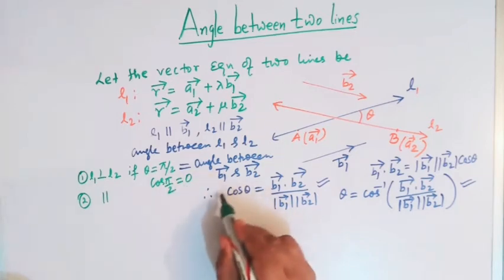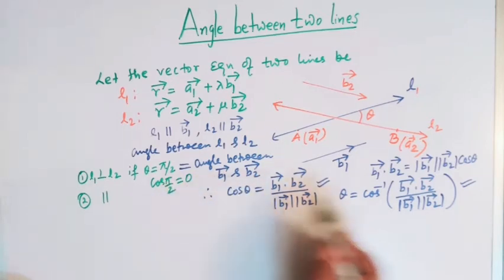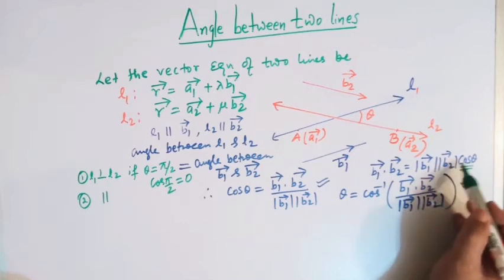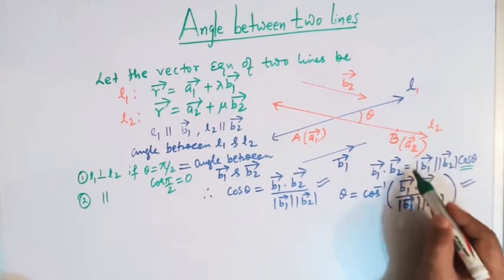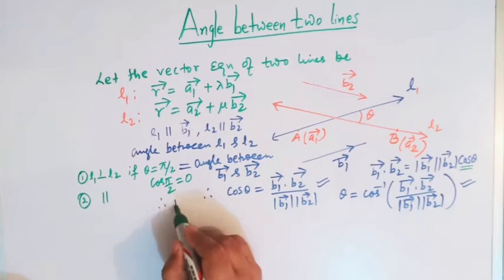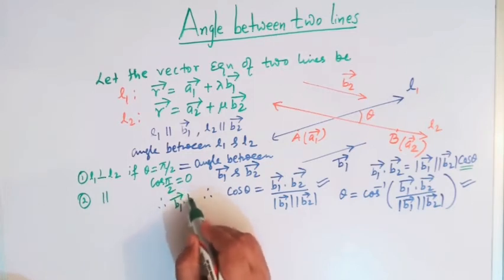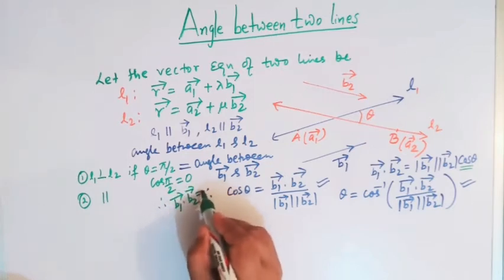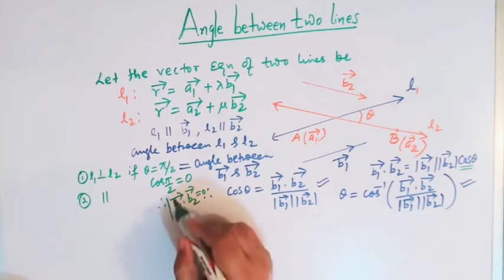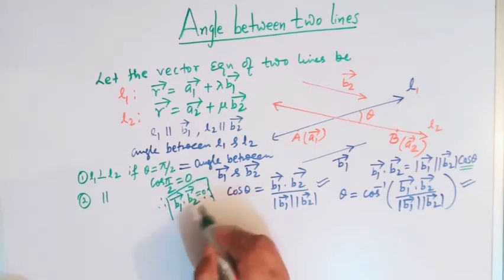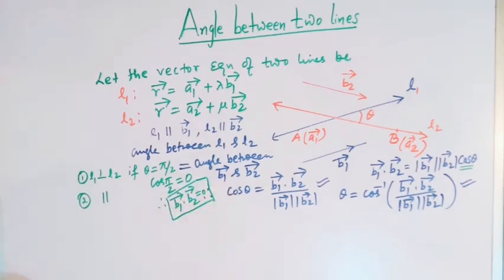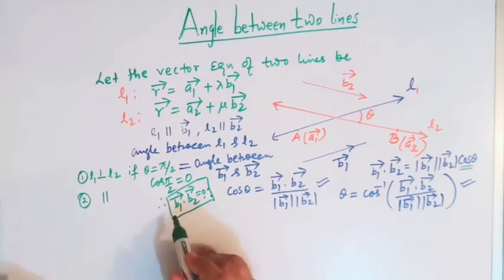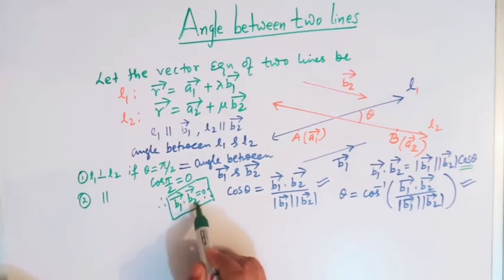So in that case cos theta is 0, and when cos theta is 0, this whole term becomes 0. So therefore we get b1 dot b2 is equal to 0, right? So when two lines are perpendicular, then vector b1 dot vector b2 must be 0,